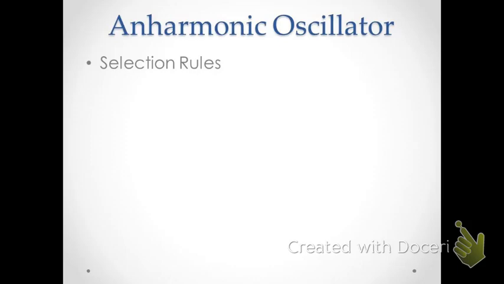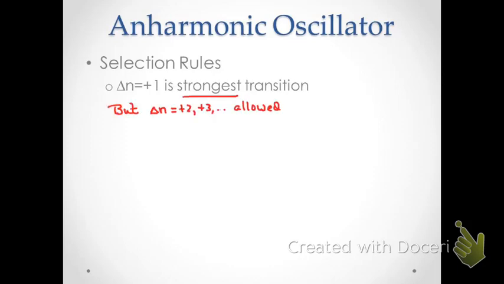You'll remember that the selection rule for the harmonic oscillator was that delta n was equal to +1 and there were no exceptions. In the anharmonic oscillator, we'll note that delta n equal +1 will always be the strongest transition, but we can also have delta n of +2, +3, etc., which are absolutely forbidden according to the harmonic oscillator, but these can show up. Remember, these were called harmonics. These can show up in the infrared spectrum. They're just much, much weaker, meaning the peaks are much lower